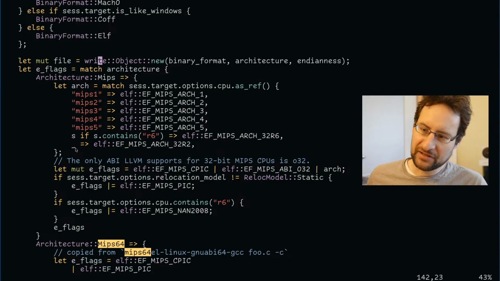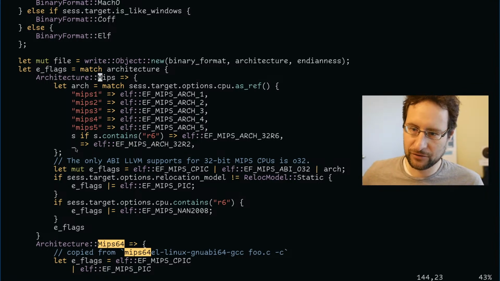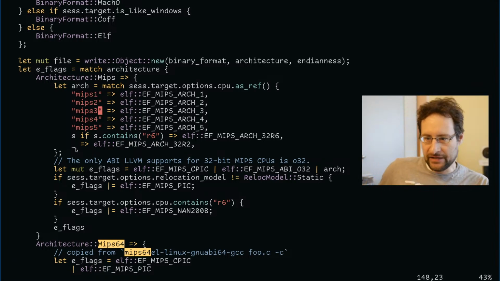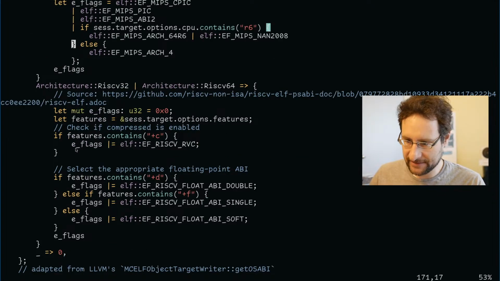The MIPS 32 code is a little bit more complete. Again, it's not how I would have done it, but at least they match here the target options for MIPS 1, 2, 3, 4, 5 and more, and R6 like you should do. And ironically for RISC-V, they handle both cases here.